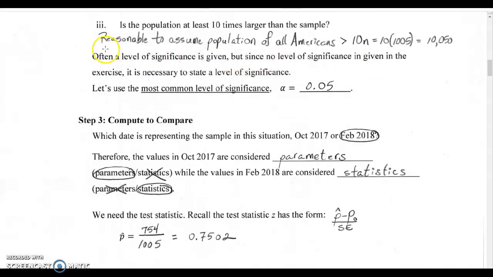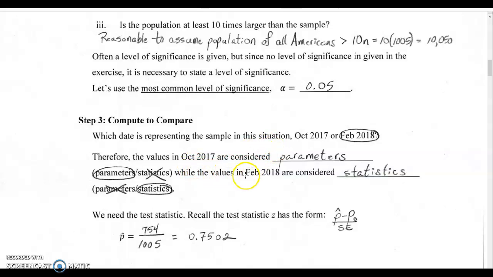Okay, so we often are given a significance level, which is the chance that we're willing to take of being wrong, of rejecting the null and saying we do have enough evidence to support the alternative. Typically, a common one is alpha equals 0.05. When we find our test statistic, we'll compare the p-value to that. The p-value is the probability of the test statistic being what it is or more extreme. So if we get a test statistic out in the right tail, we look at the area in the tail beyond that test statistic, and if it's less than this alpha,